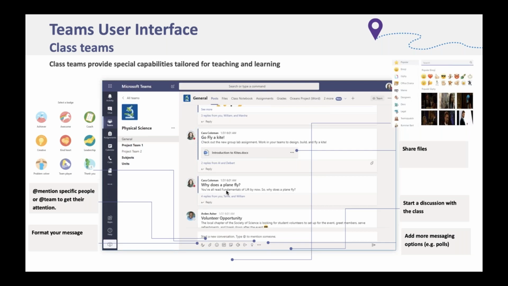You can add those GIFs, which I was talking about before, you can add emojis, polls, and share files. And members of the team can then reply and show their like, their dislike, even their sadness and anger to comments using the emojis when you just hover over that comment or reply to it. But as Stuart said, it must be noted that any of these tools can be changed or adapted. They can be switched on or off just as per your establishment's policies.